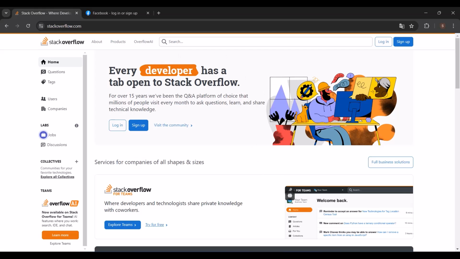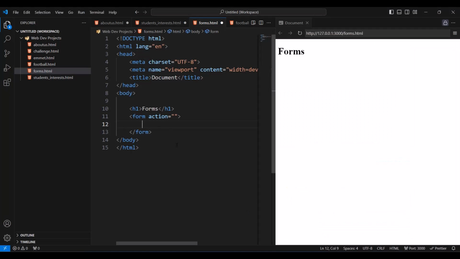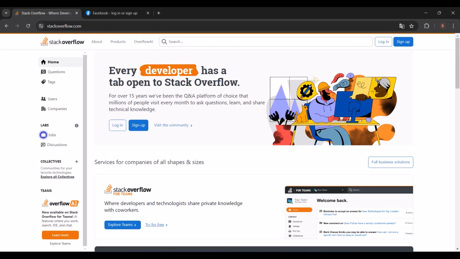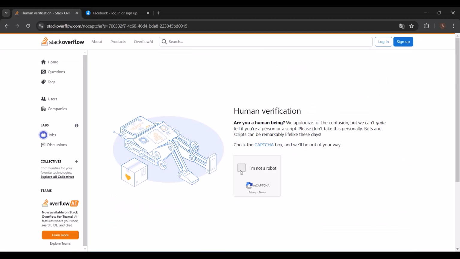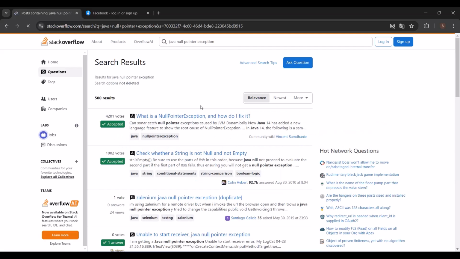The action attribute is used to specify where the form data should be sent. So if I type here Java null pointer exception, let me click here that I am not a robot.